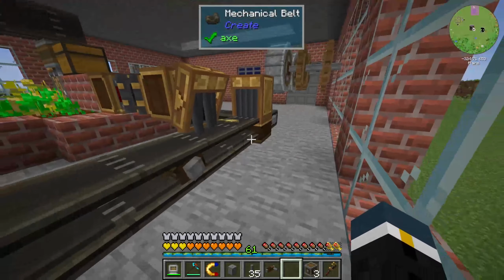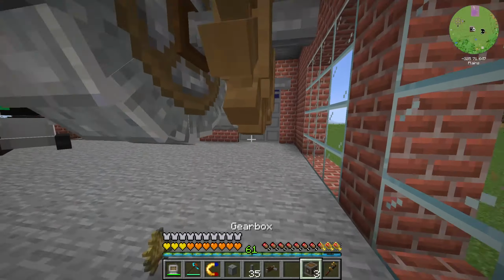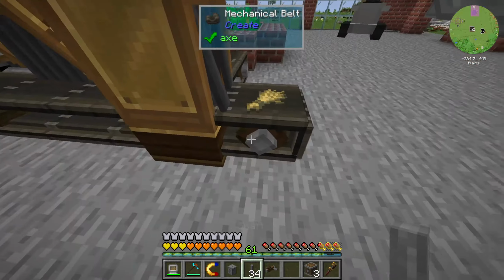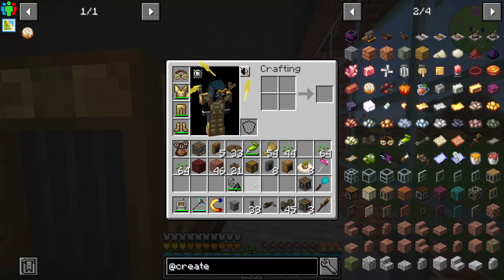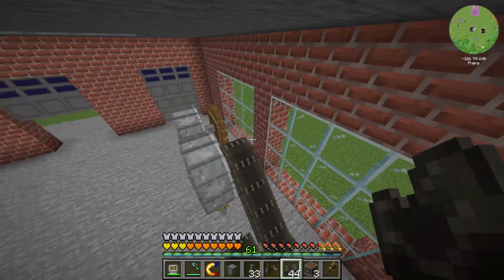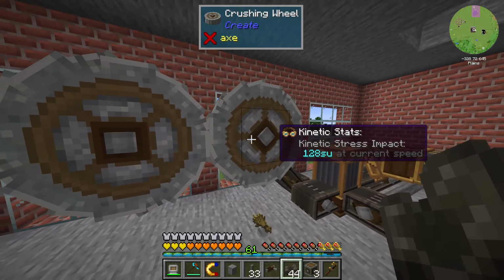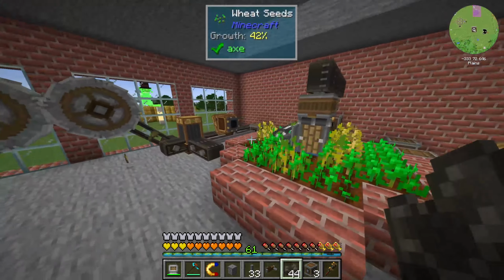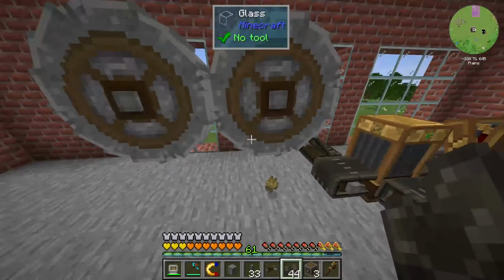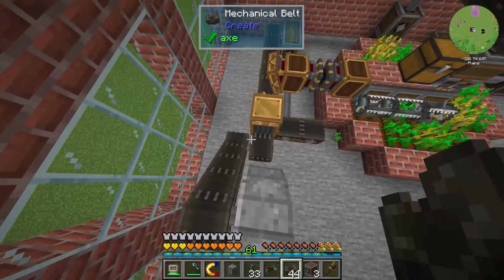Which means it's time to bring some of this rotational energy up this way. I wonder if it's as simple as that. If it's really that simple, it'd be kind of cool. If we could just do a belt and a belt. Okay, so that's that. That is spinning at 128 SU, which I still don't know what it stands for. I assume it's stress units, but I still haven't found out what that means. And then we can do...